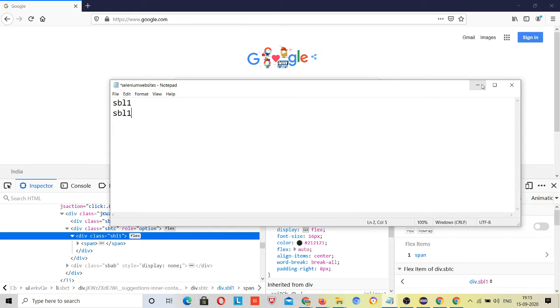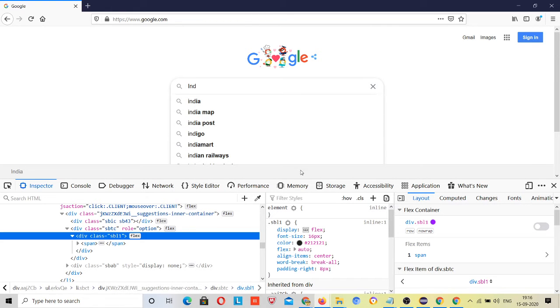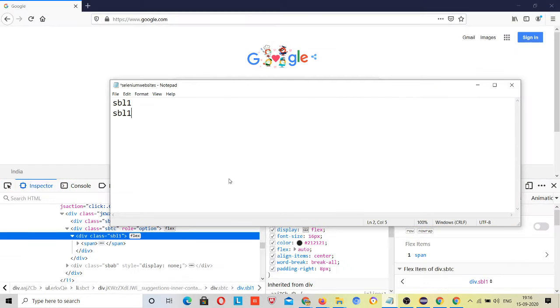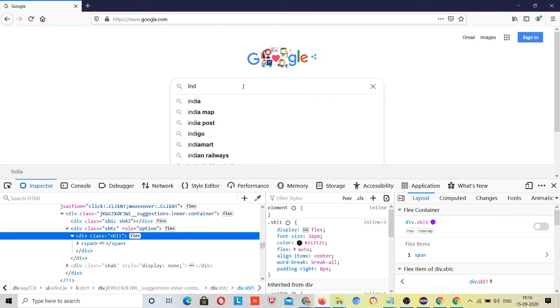Now we can understand the data. Every result is coming in this. We can guess it, right? The first result is coming in this class and the second result is also coming in this class. Now what can we do?